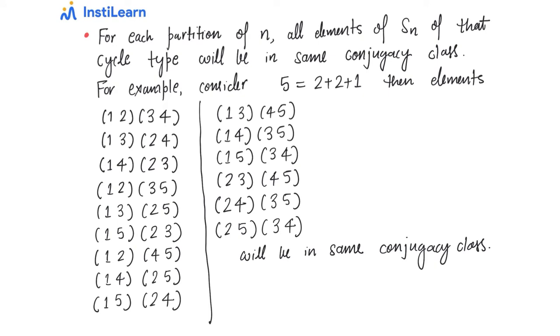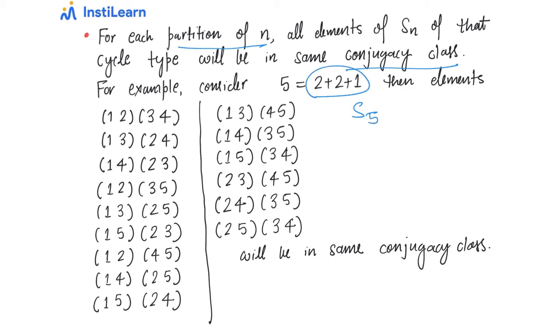Next we'll discuss how elements look in a given conjugacy class of Sn. Now we know that partitions of n are in one-to-one correspondence with conjugacy classes. Given a partition of n, you can associate a conjugacy class, and each conjugacy class is uniquely associated with one partition. So suppose you have a conjugacy class, so you have a unique partition associated with it. Then how can we, using that partition, find how the elements in that conjugacy class look? So for example, take the example of S5,